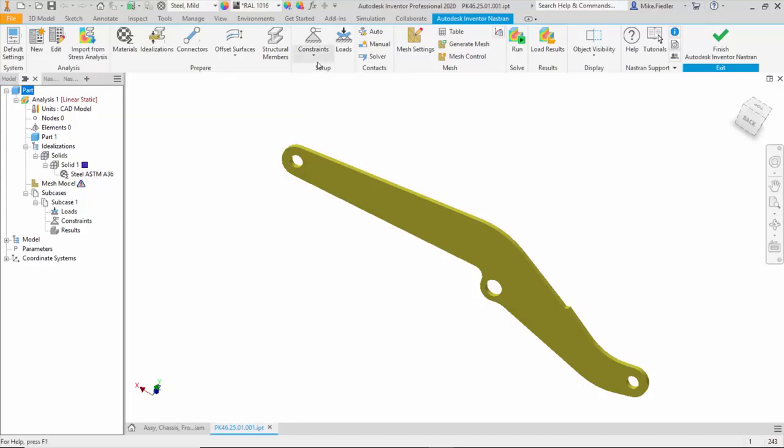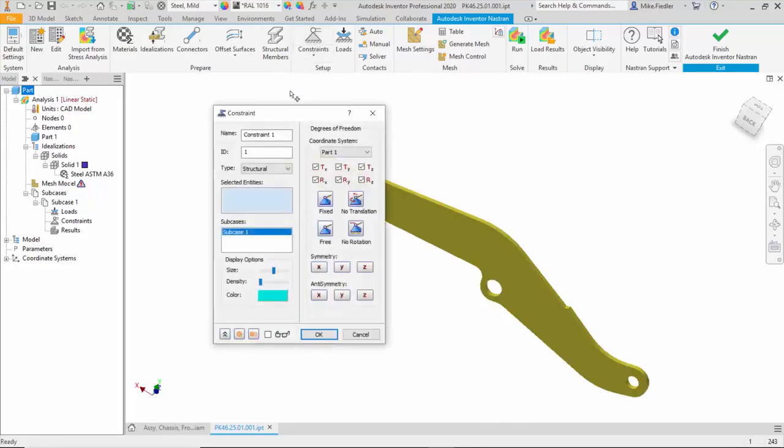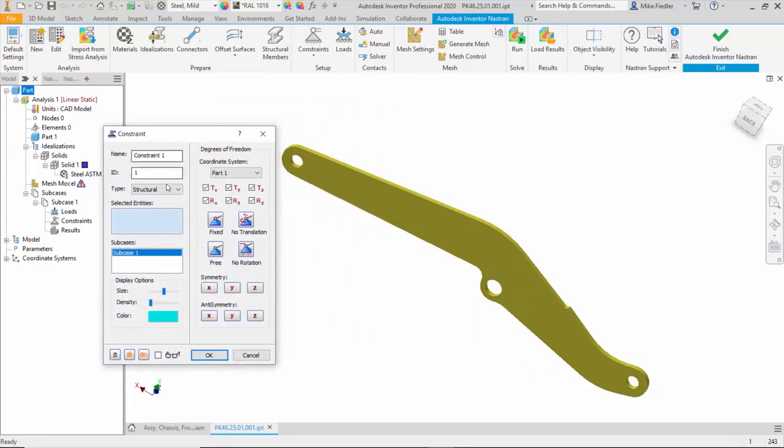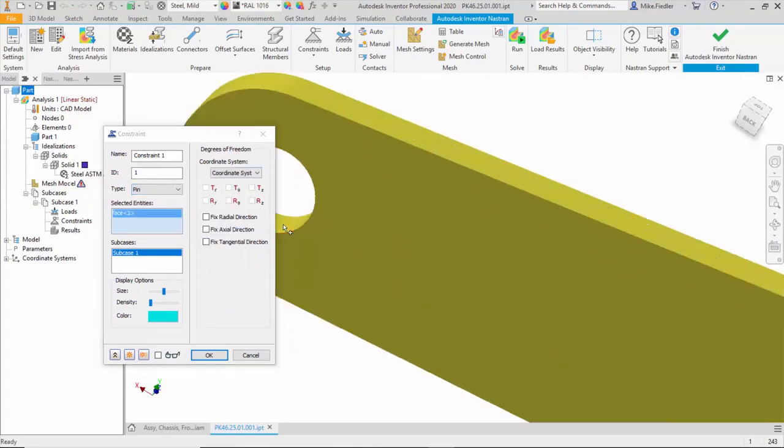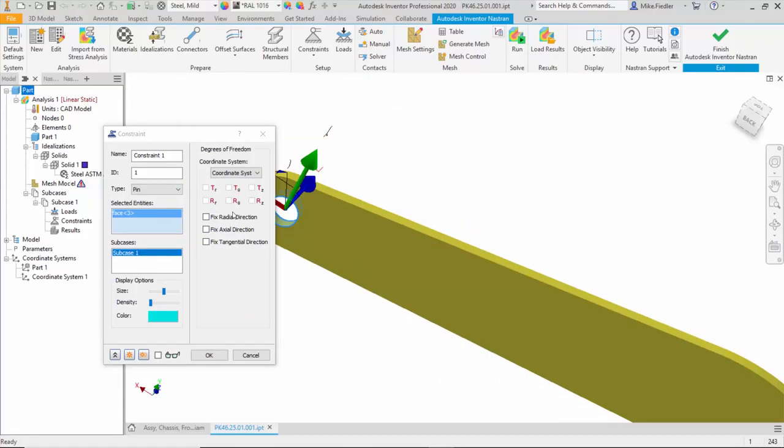So after the material, again, you need to have some sort of constraints, you need to have loads, and the mesh. So for the constraints, this end of the model is where the bucket was, and then the attachment points to the rest of the assembly were via these two holes here. So I'm going to apply my constraints here. And in this particular case, I'm just going to say that I need a constraint, and I'm going to change